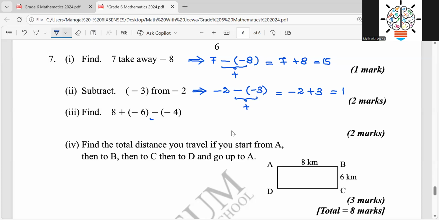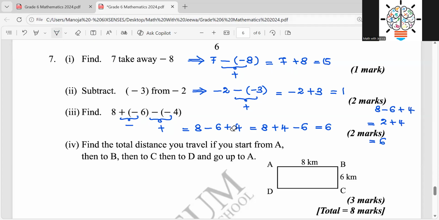Right? Here you have negative and negative. It is positive. Then you can rewrite this question, right? How you are going to rewrite? 8, and here positive and negative, it is negative. 8 minus 6 plus 4. So then you can do this in 2 different ways, right? I will show you both the methods. So 8 plus 4, 12, 12 minus 6, 6. Or else you can do it like this, 8 minus 6 plus 4, no? So then 8 minus 6, it is 2, 2 plus 4, it is 6,